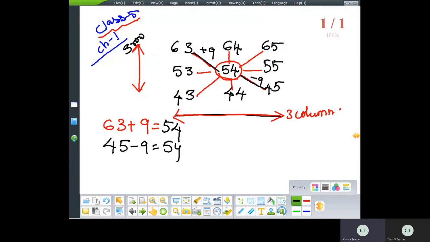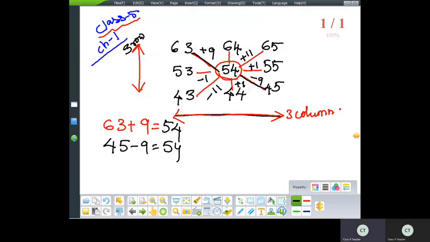The next one, 53 minus 1 is 54. Then here 54 plus 1 is 55. It is understood. Minus 1 this side means it is plus 1. Yes. So 43 minus 11. So if it is minus 11, 54 it is. Then plus 11 will become 65. Yes or no? Then again,